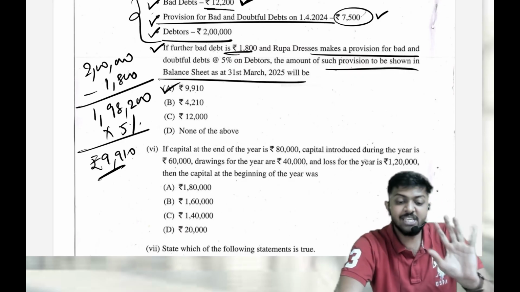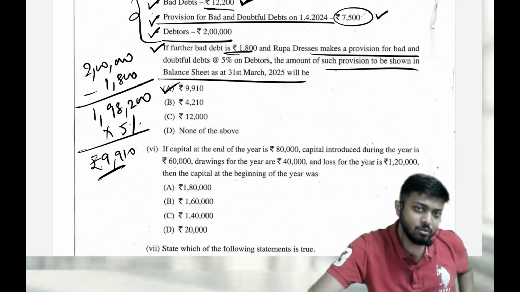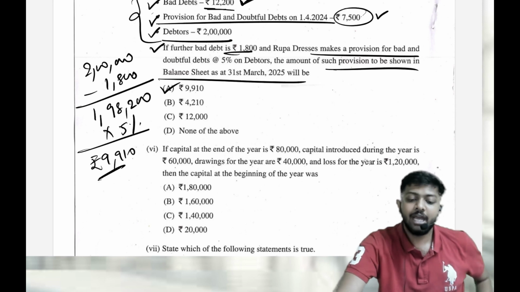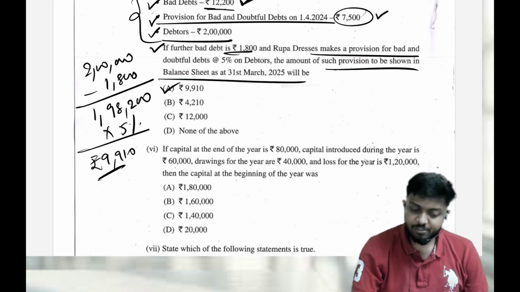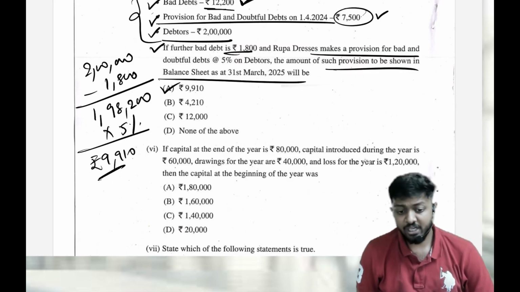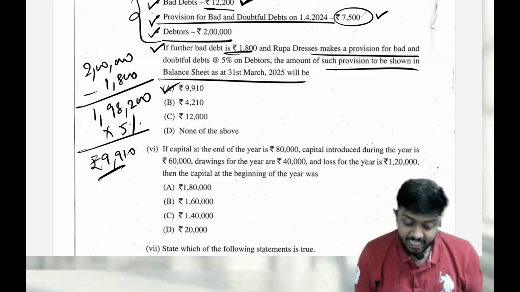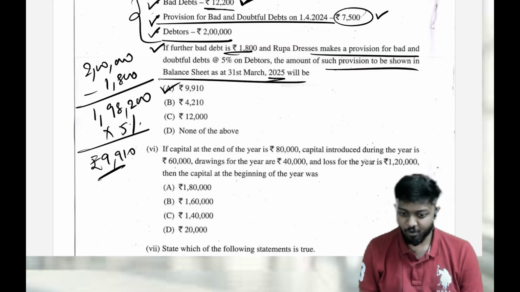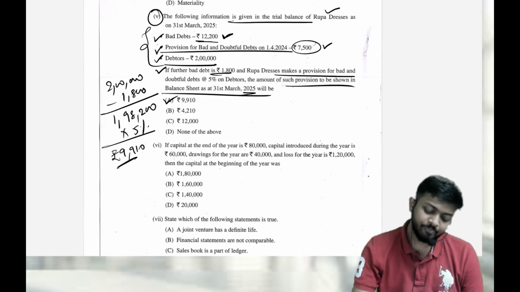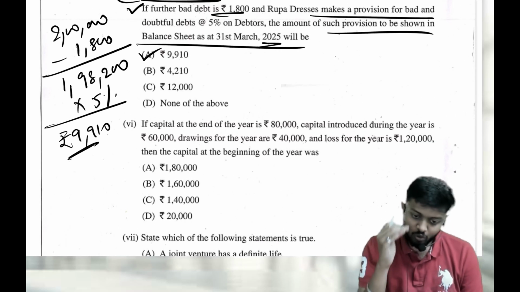Here they have asked us how much closing provision we have to maintain. Now I'll add one more question to this. Sir, with respect to whatever they have given in the question, how much has gone to P&L this year in 2025? So that we'll see. First of all, how do we do?